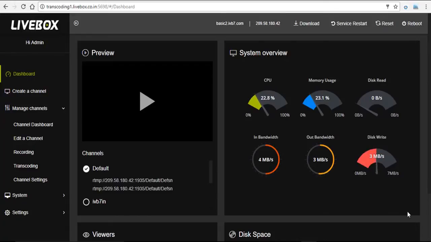Actually it is a simple concept, that is the Origin server will be in one place and the edge server will be placed in another place. So the data will be shared between this Origin and edge server. So let's see a scenario like Origin server is placed in Chennai office. So I am streaming to that Origin server